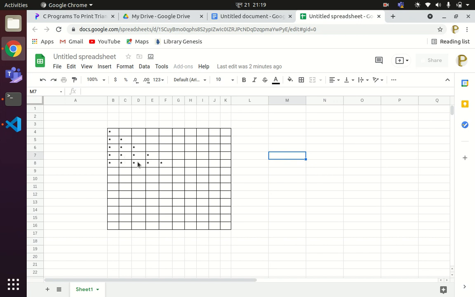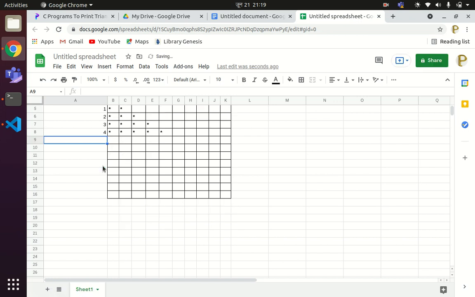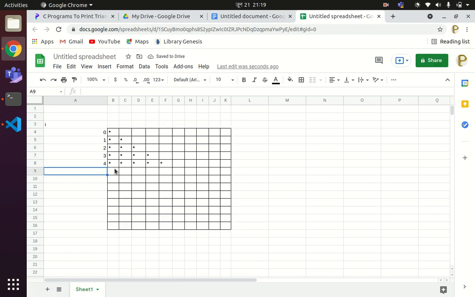I will denote the row by variable i, and I will index the rows from 0 to 4. These are the indexes for the row number, and these are the columns.